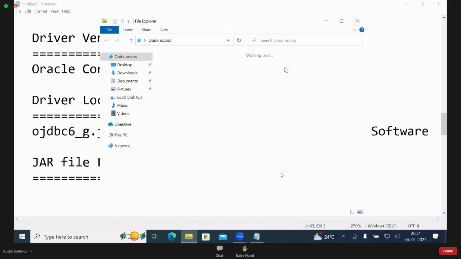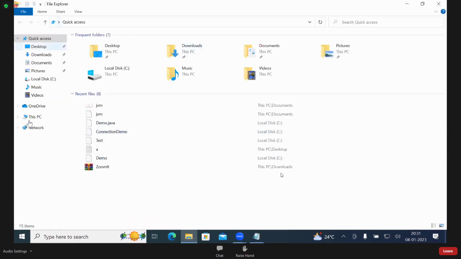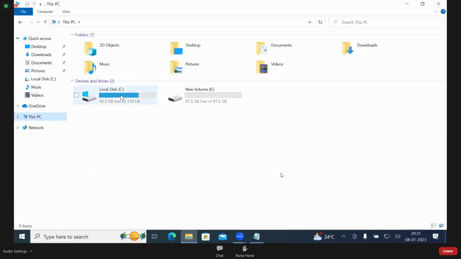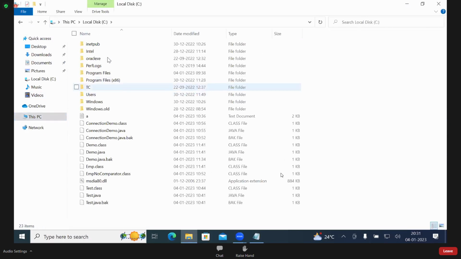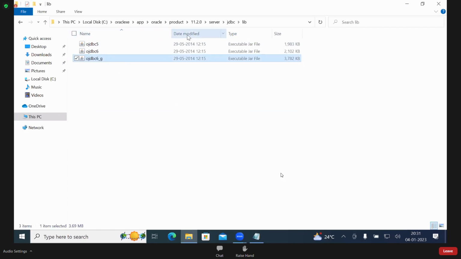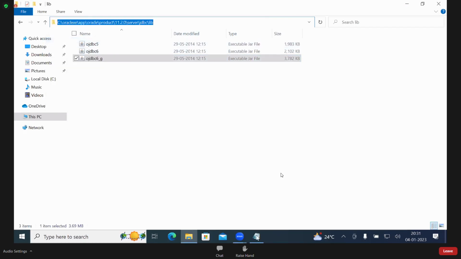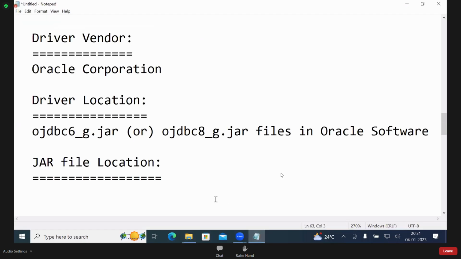See in my system: this PC, C drive, Oracle XE, app, oracle, product, 11.2.0, server, jdbc, lib, ojdbc6. This one is there. This is the location.